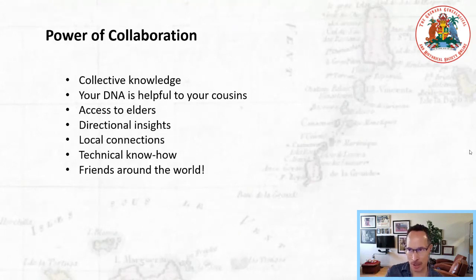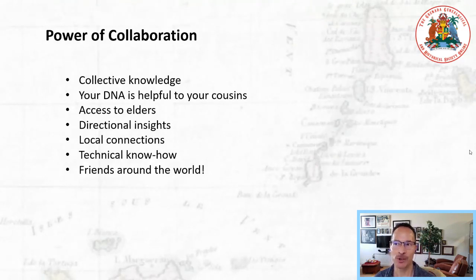And this is just a brief recap of what we do in our group. One thing I didn't mention is you do not need to know your family history to add value to a cousins group. Your DNA alone is useful. Just understanding how you match people is useful. So don't feel like if you don't know who your parents are, and we have a couple of cousins in the group looking for a parent, their contribution to the group is very valuable.